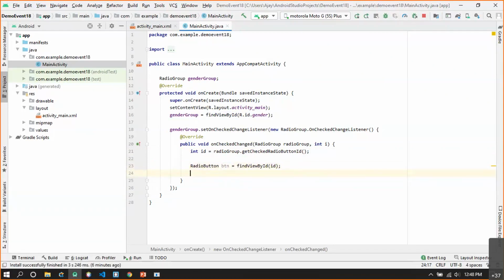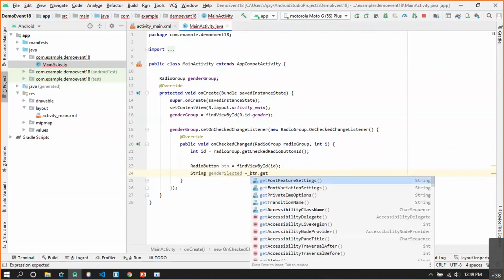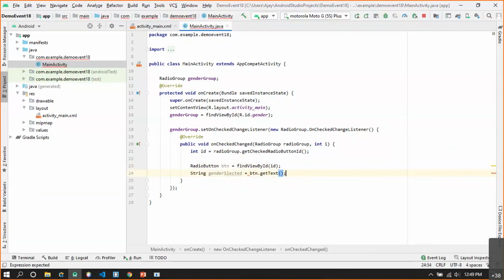And now whatever text is there, I can save that text inside a string. So I can say String genderSelected is equal to BTN.getText. That's it. Okay, so there is an error.